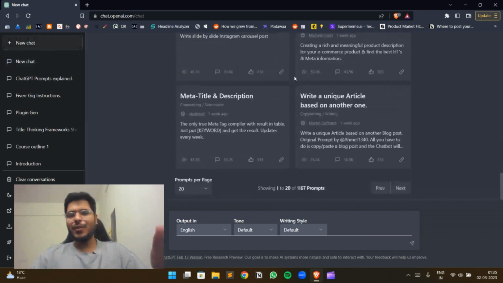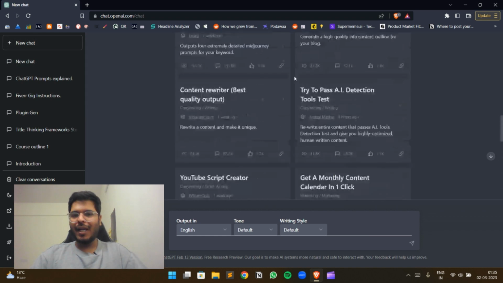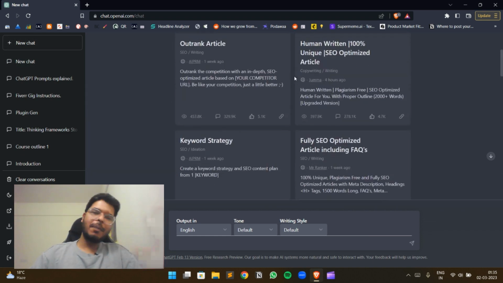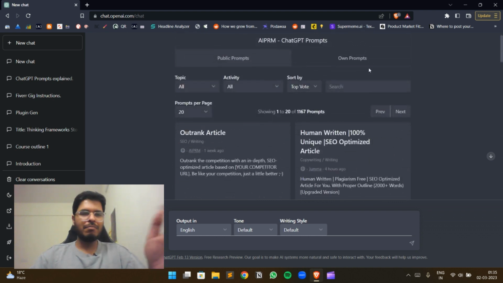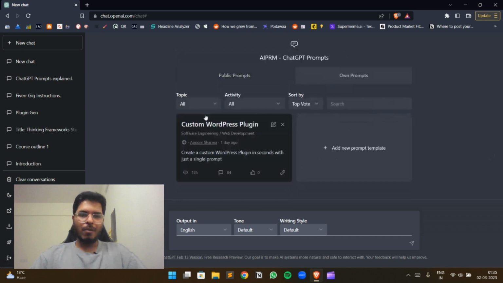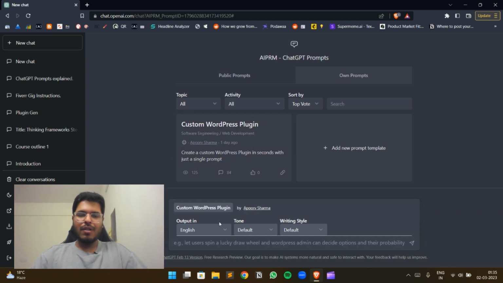So you can create your own prompts, and these prompts can help other people achieve something that you have found a solution for. For example, my prompt is custom WordPress plugin. Okay, it has got 84 users till now. With custom WordPress plugin, when you click on it, the example is that users spin a lucky draw wheel and the WordPress admin can decide options and their probability.